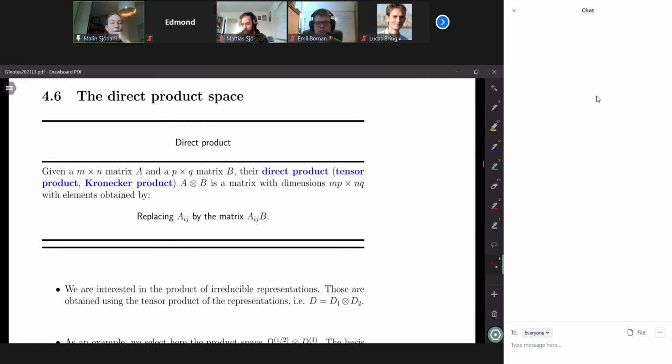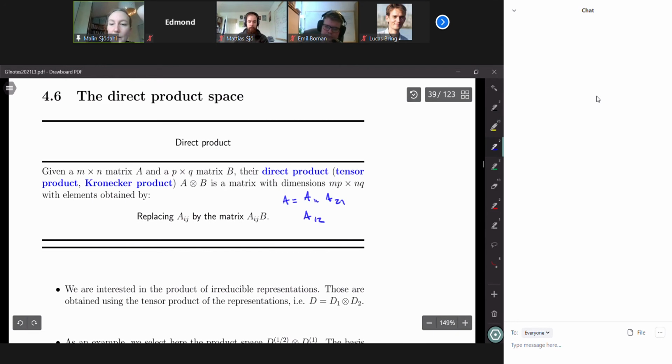So what is the direct product? Well, given an M times N matrix A and a P times Q matrix B, the direct product, or tensor product, or sometimes Kronecker product, A times B, is a matrix of dimension MP times NQ, which is obtained by taking the matrix A and replacing element A_ij by A_ij times the matrix B. So, in other words, if we have some matrix A, which has some elements A11, A21, A12, and A22, for example,